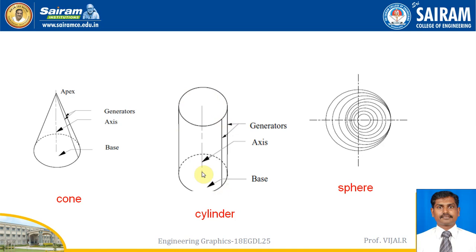So one by one, the 360 degrees of the circle, we can divide into n number of lines. It may be divided into equal 8 or 12 or 24, like that. So we can make them as generators. These are all the generators which create the cylinder. Okay, and this is the sphere.